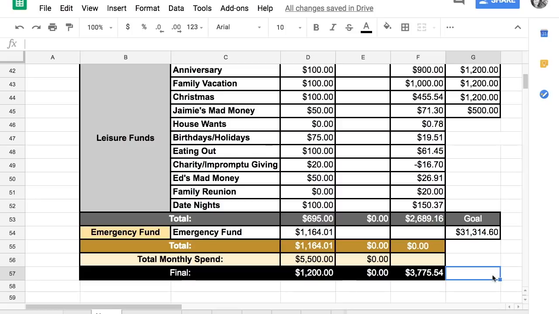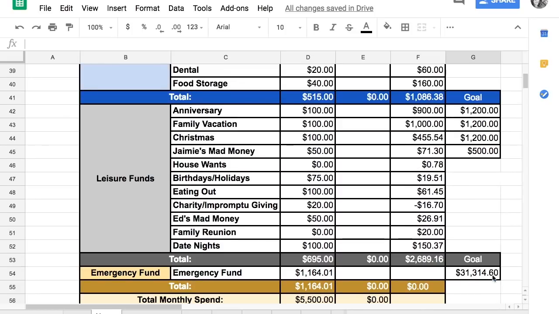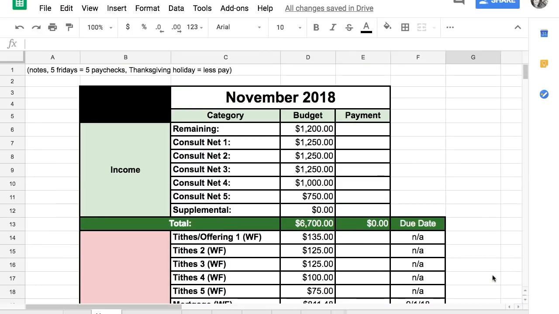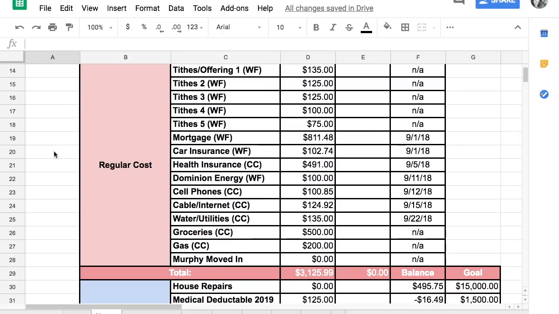Okay, so here is the November budget setup. So just a few things to remember if you are creating your budget. There are 5 weeks of November. I don't know if that will or won't increase your paycheck, but it will mean you might need to budget a little bit more for gas and groceries. I know on those months we have 5 weeks, we need to put a little bit more into our grocery budget because we are pretty consistent on using $100 a week in our family of 4 for groceries. So that is where we sit today with our budget.